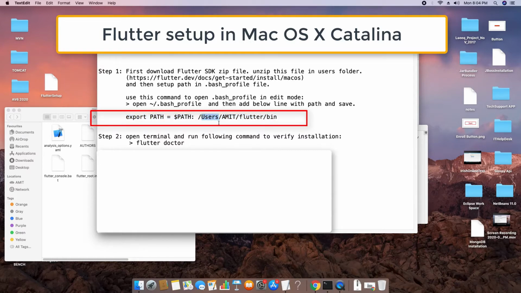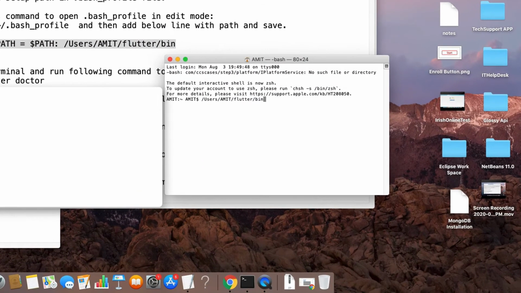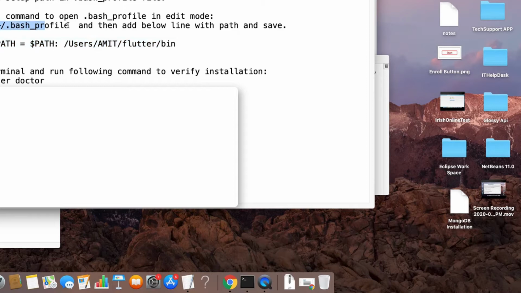I hope this is clear. Now we will open the bash profile in edit mode. To do that, again we have to go to the terminal and type this simple command: open, then the tilde sign ~/ and .bash_profile.